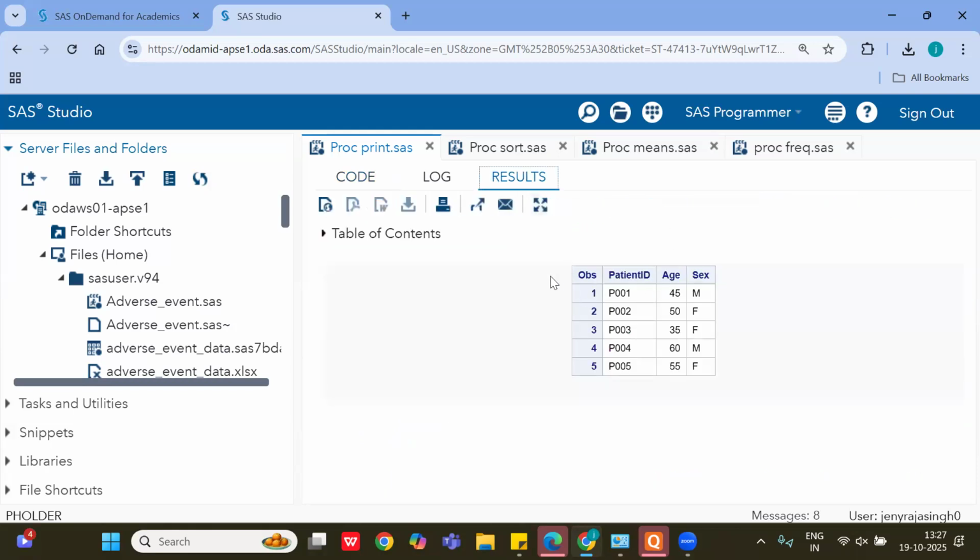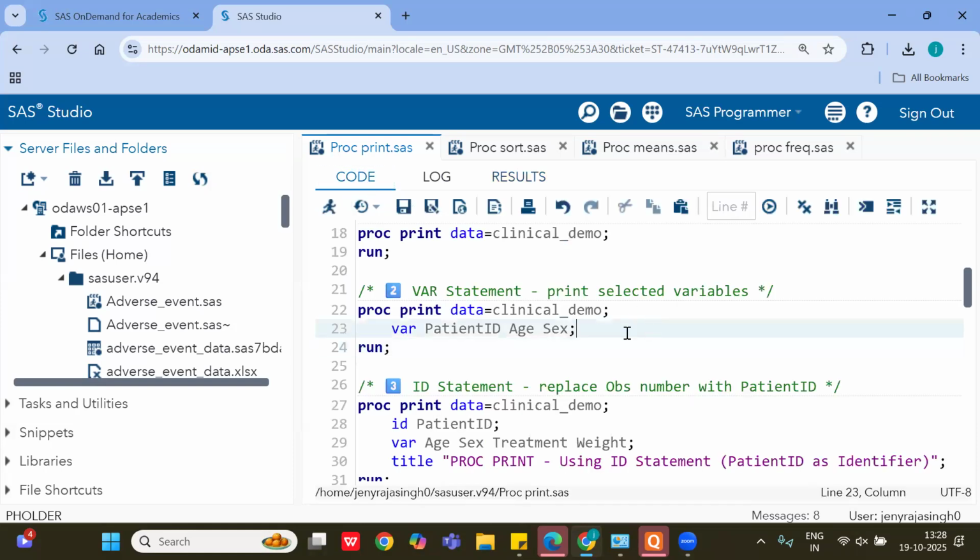In the result tab, you will see one column called OBS. This is called observation: observation one, observation two, observation three, observation four, observation five. This is something like an ID variable. By default, SAS will create this variable, but if you don't want to display this observation number